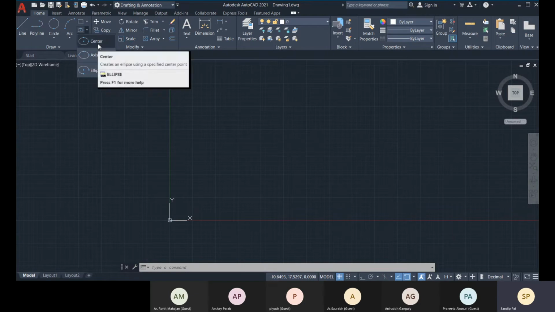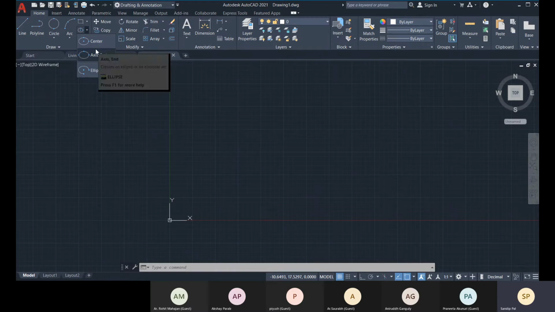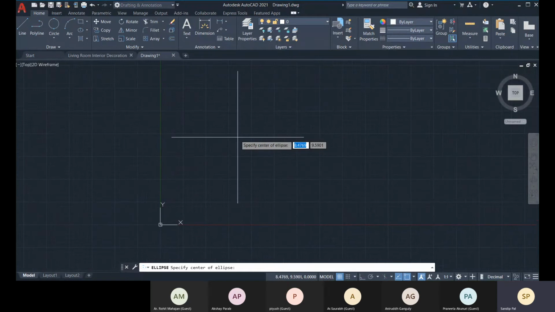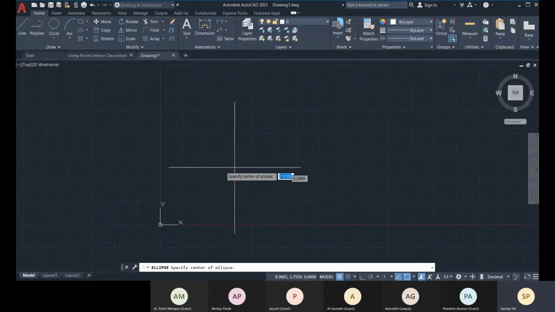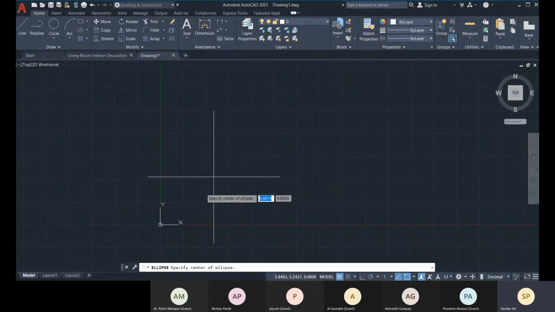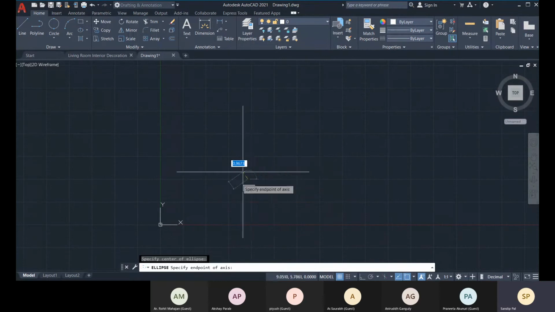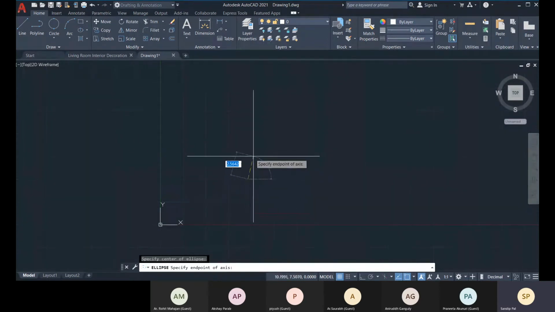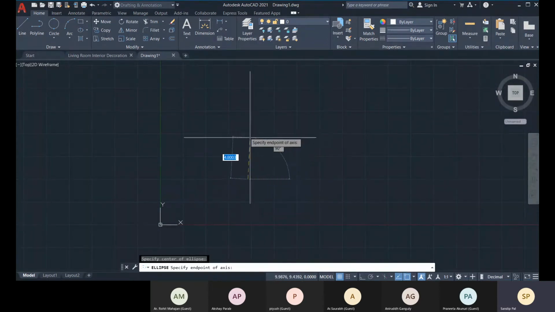So let's explore how we can create an ellipse with these two methods. First, let's create it with the center option. The first point will be defined as the center. Then we all know that an ellipse has two axes.